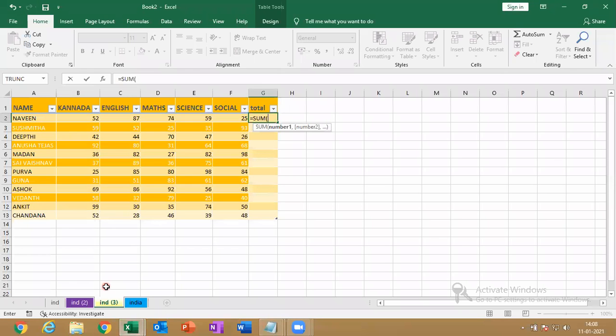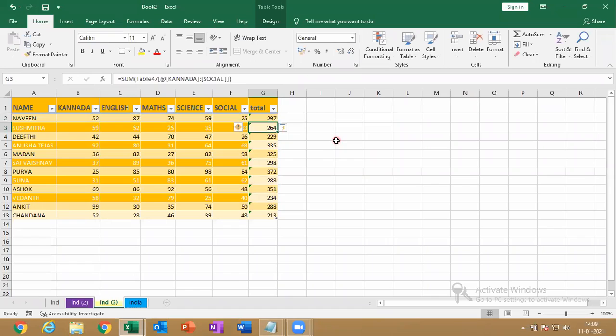See, equal SUM, number 1 is getting highlighted here, right? In the dark. Just select the range. Okay, Canada to Social has been selected at last. So if I give comma, then number 2 is getting highlighted. However, I don't have number 2, so backspace, erase the comma. Okay, that is at last. So number 2, after that comma, dot dot dot, and finally we are having close bracket. So always open a function with open bracket and close a function with close bracket. Enter. Is that clear?